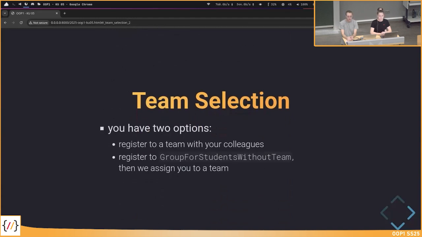There are 2 options in the team selection. If you already know with whom you want to team up, then just register for one of the 100 teams provided in the Teach Center, and you will stay as a team of 3. If you do not know other students quite well at the moment and we should assign you to a team, then you can register for the group for students without a team. After the deadline of the team selection, we will group you in teams of 3, or also fill up the other teams if there are just 2 people registered. There's then no need to find a team on your own.